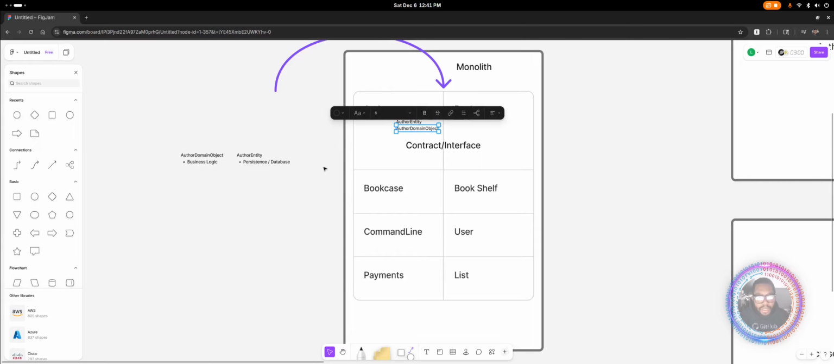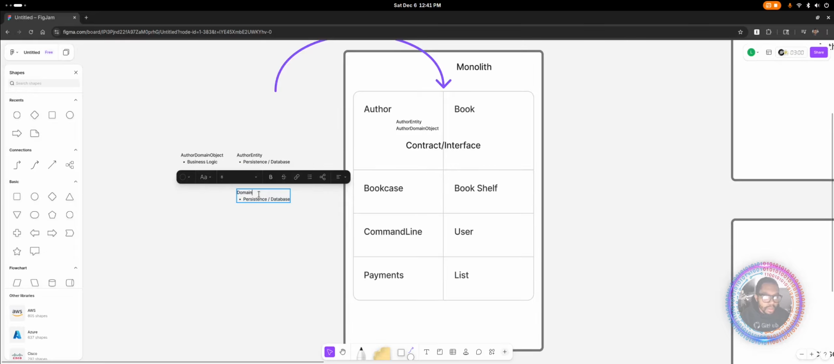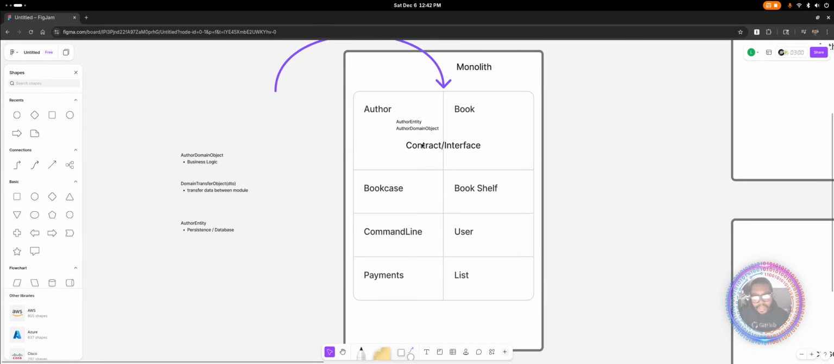So you have your domain object, and you're also going to have your domain transfer object. What this is going to do is allow you to transfer data between modules. So your author domain object and your domain transfer object. Your domain transfer object is the contract that the book is going to use. So the book is going to say, hey, I want an author. Author's not going to send you, and it's typically, let's do this guy here,